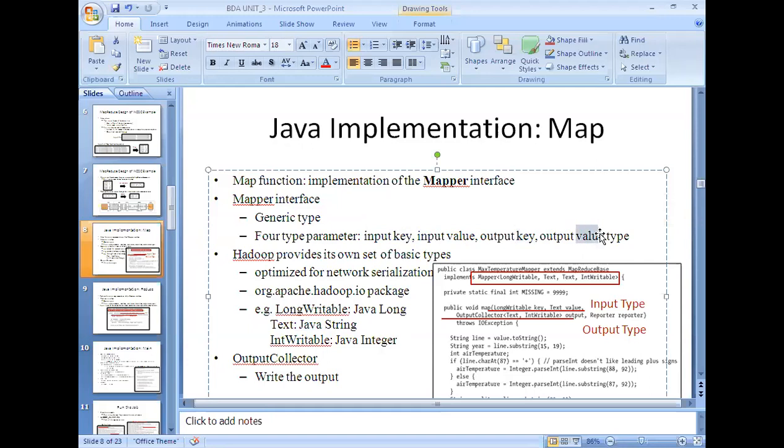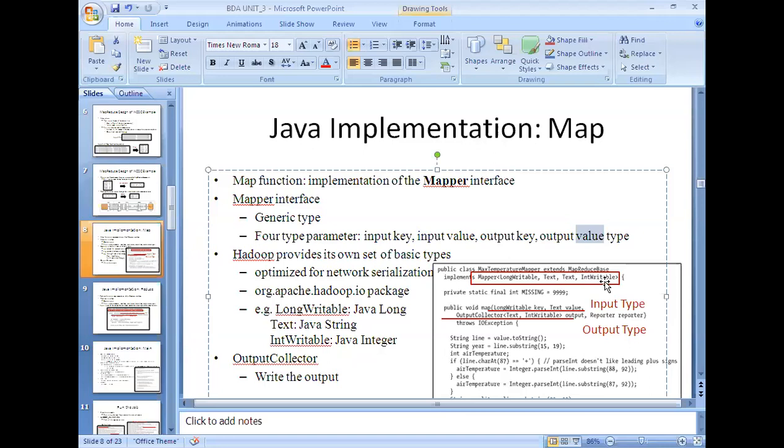In this case, LongWritable is the data type of the input key, and Text is the data type of the input value. The second Text is the output key, and IntWritable is the output value.